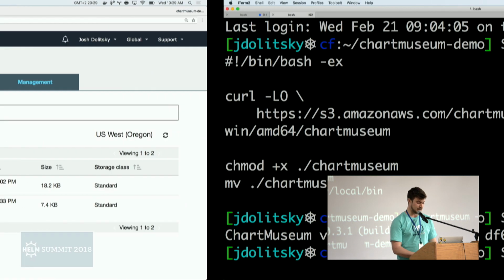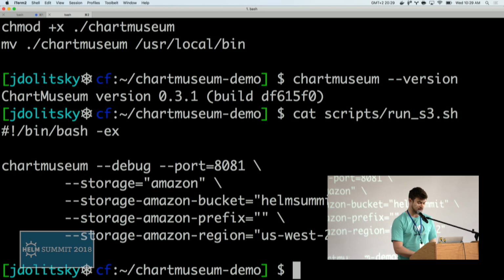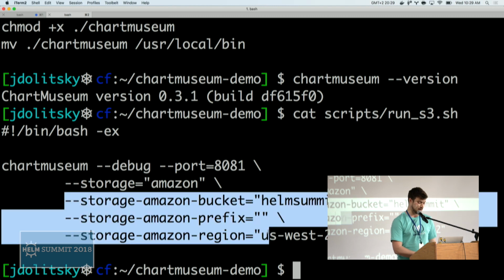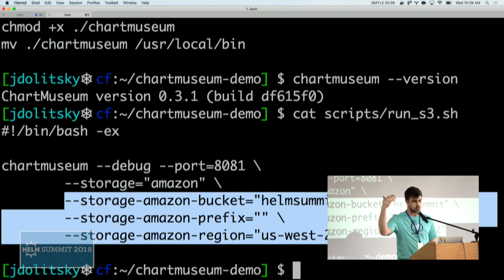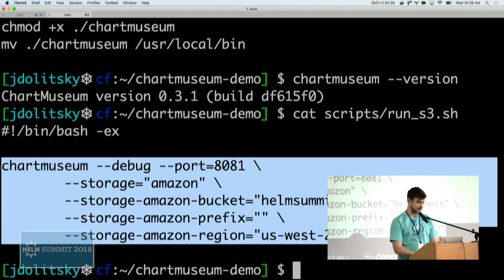So I showed you that S3 bucket with Kafka and Zookeeper. To point to that bucket, you will run ChartMuseum with storage equals Amazon, and then any information that storage provider requires. You say the storage provider, and then there's a bunch of different required extra parameters. So if I start this guy up,